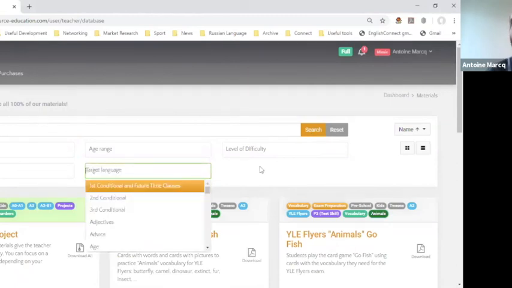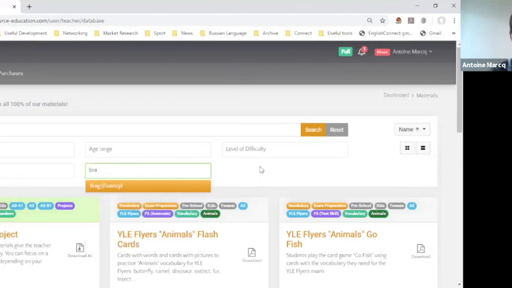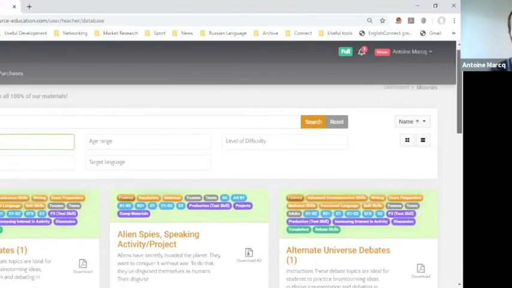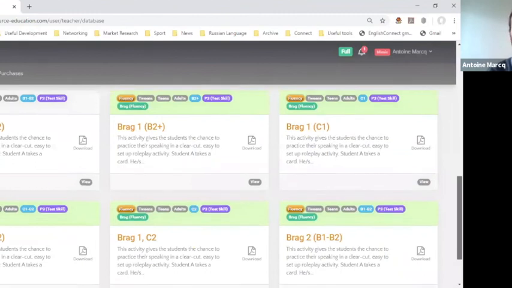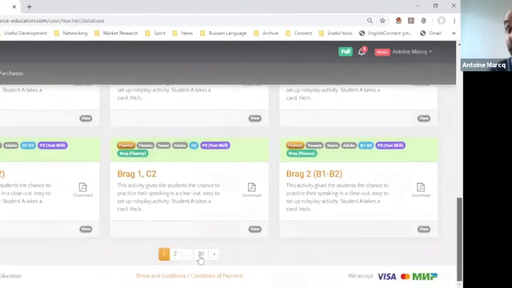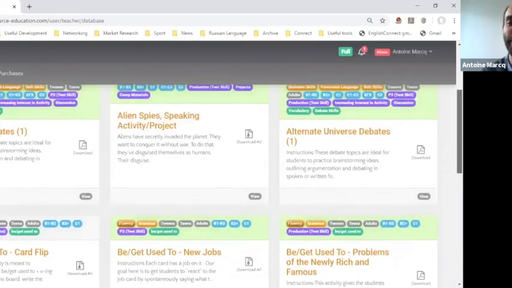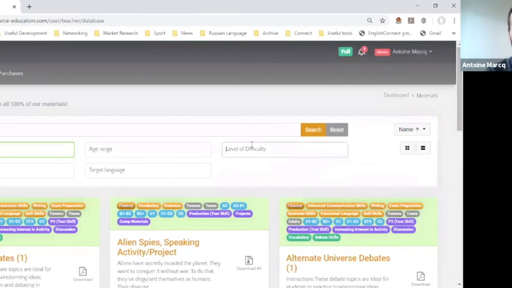It can also be fluency type activities. As I told you, this activity, I'm number 1, you can also use it with brag. And brag is just a type of fluency activity. There you have it. But you'll find it as well if you look for fluency type activities here. There are a lot of different fluency activities, of course, but here you have it. Brag is already on the first page. There are 30 pages of fluency activities. So we're lucky, B, brag is at the beginning of the alphabet. We found it immediately. And you can fine tune.